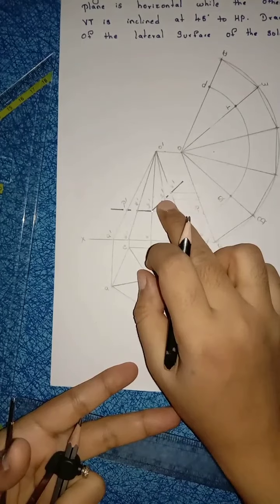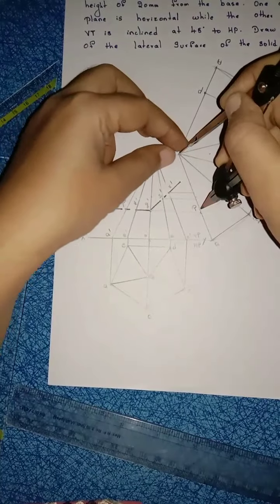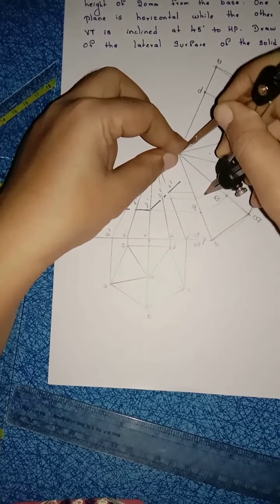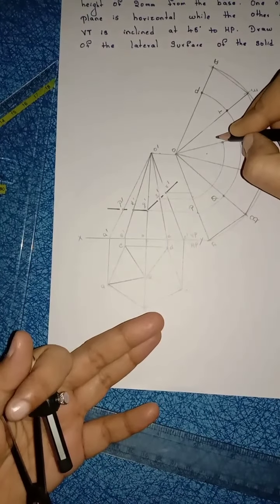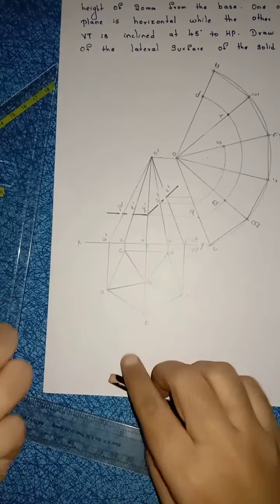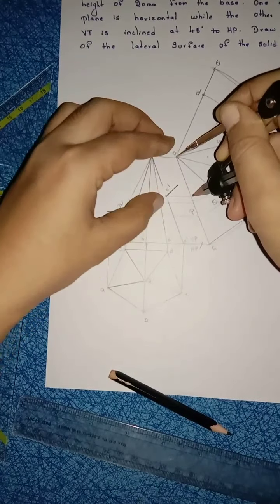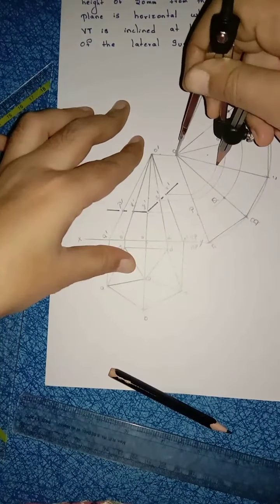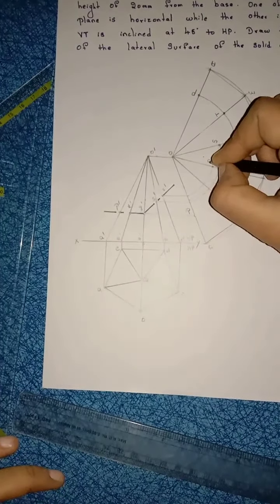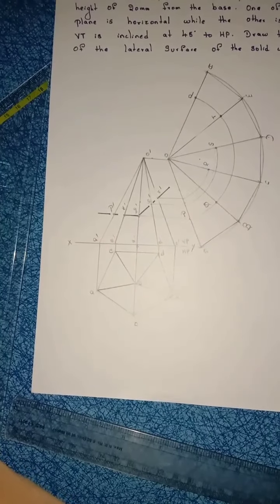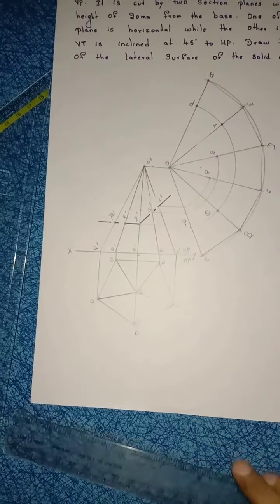Now next S. S is in between O and D. In between OD, take this distance from O to this S projection. Draw an arc in between OD. Mark this point as S. R is in between O and C. Place your compass here with O as center. This is the projection of R. In between OC, mark here point R. Now join this P, Q, R, S, T and again P.